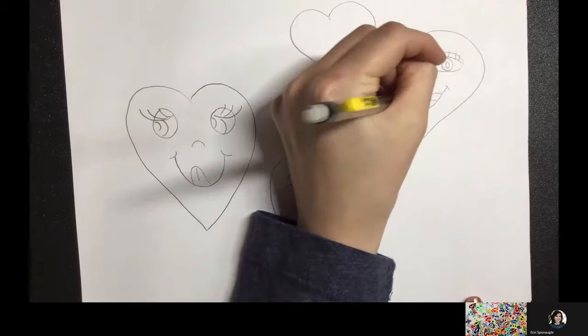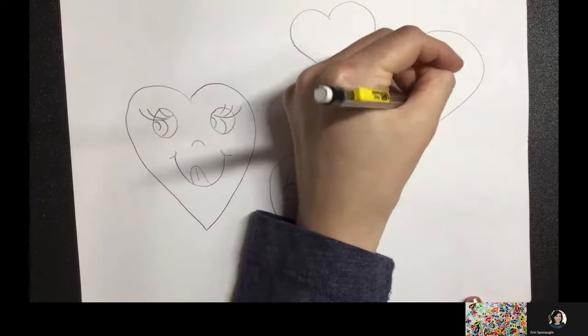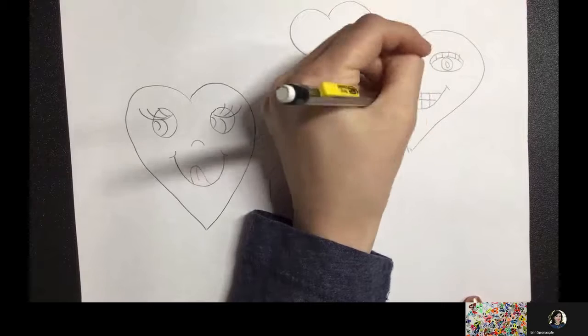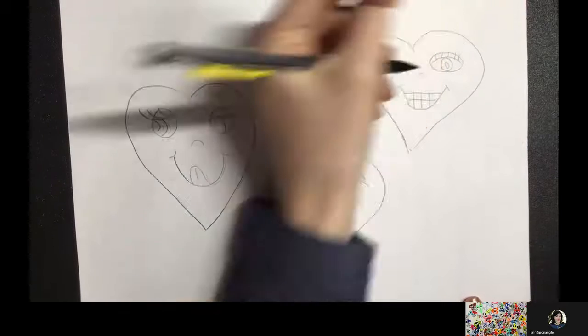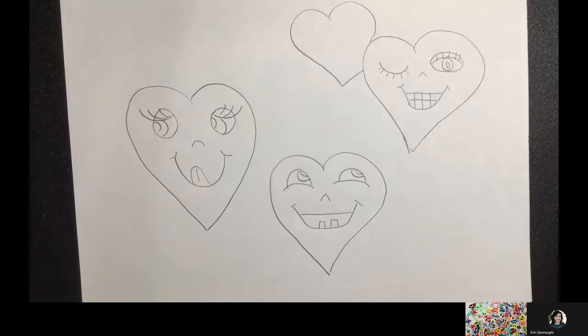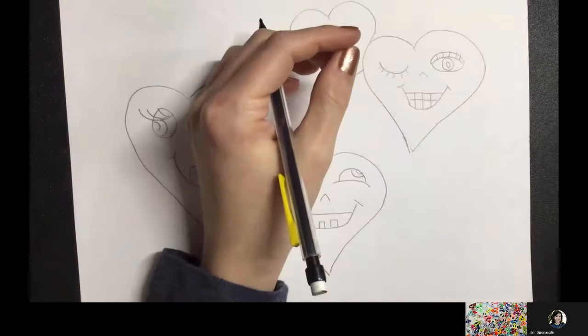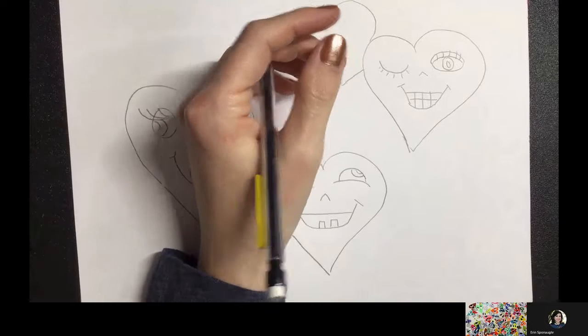And then I'm going to put some teeth. I'm going to draw a horizontal line, some vertical lines there, and give her a nose, or him a nose. Then let's go up here to this baby heart. This baby heart, I'm going to give you,